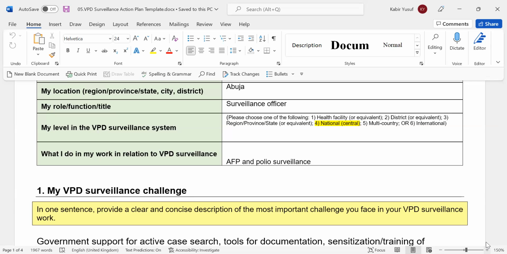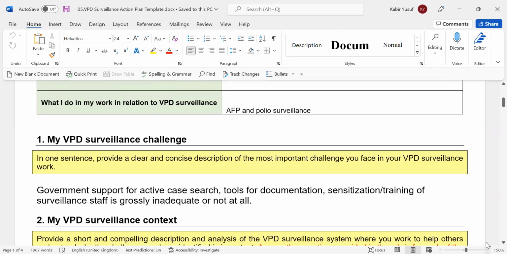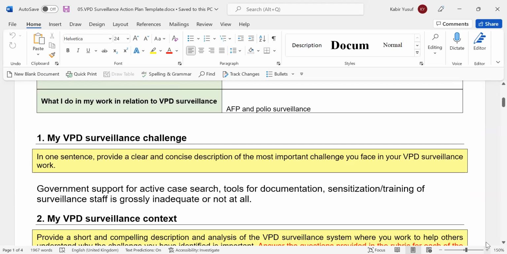What I do in relation to BPD surveillance is AFP and polio surveillance. In summary, the main challenge that we are facing in regard to BPD surveillance is government support for active case search, tools for documentation, sensitization, and training of surveillance staff is grossly inadequate or not at all.